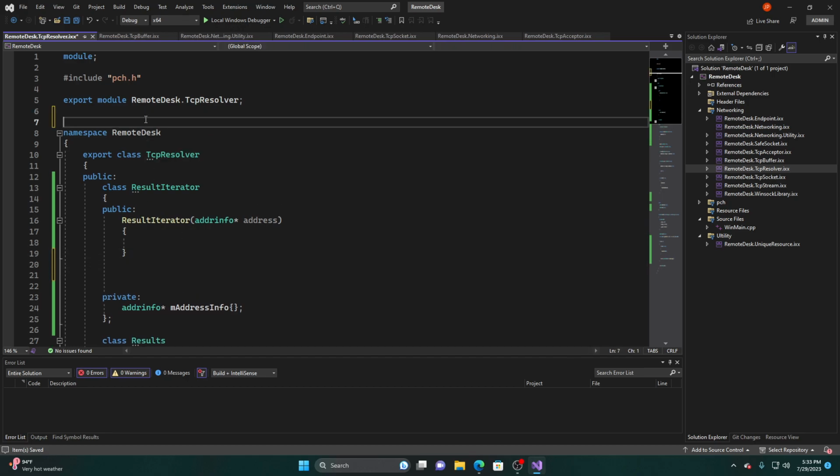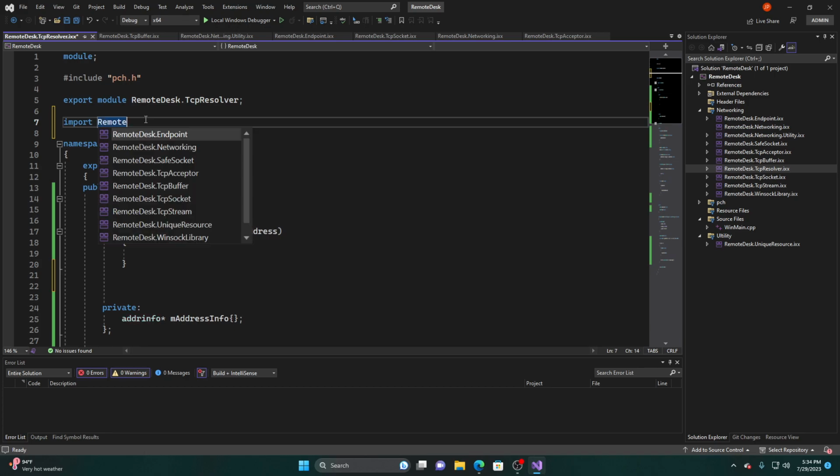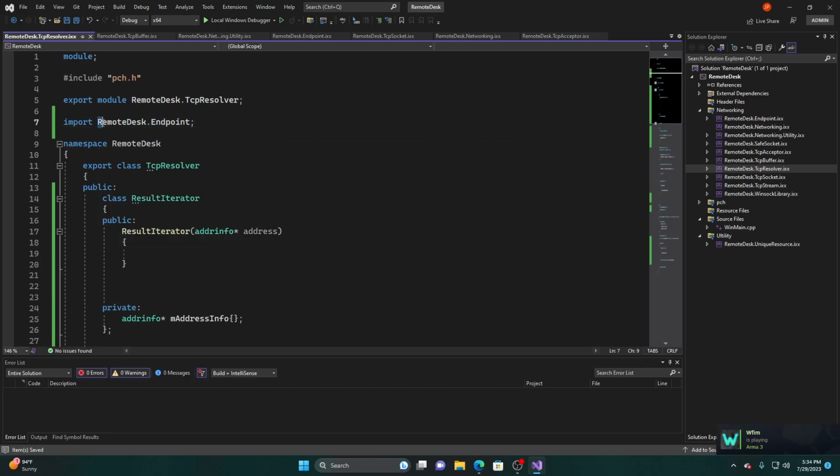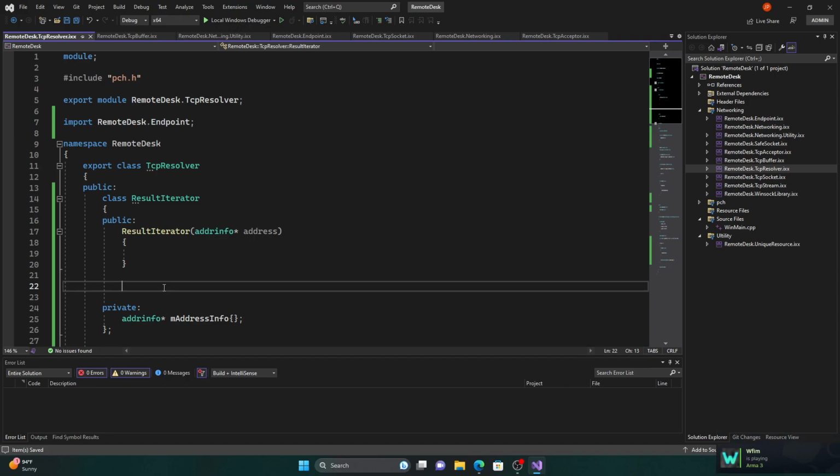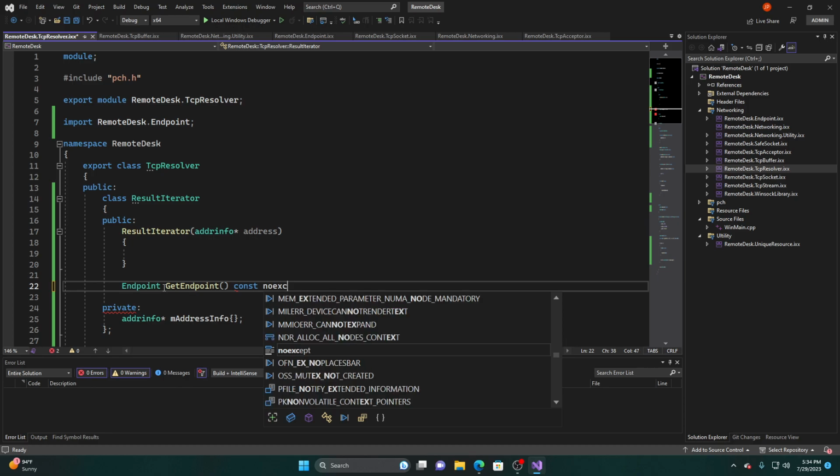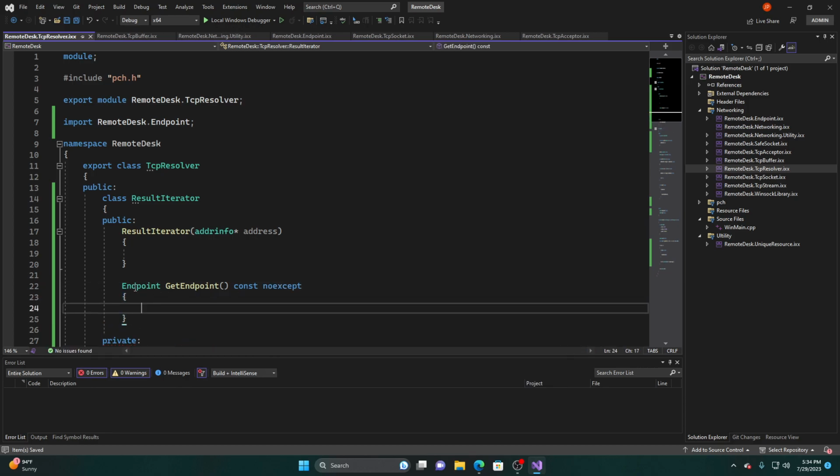And here, we'll get the endpoint. So we'll do a get endpoint, and it should not throw an exception. So now